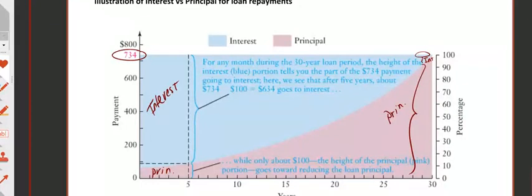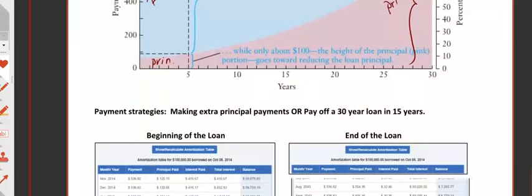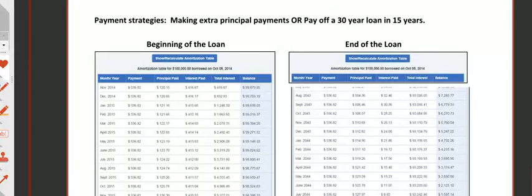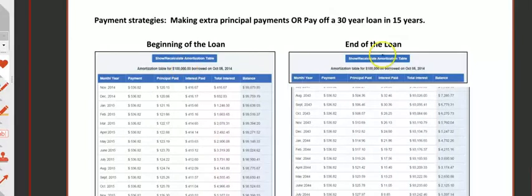and there is a way that you can kind of beat that with some strategies. So let me talk about some payment strategies. One thing you can do is make extra principal payments over the lifetime of your loan. Or another thing you can do is pay off a 30-year loan in 15 years by making extra payments a year. So I've got an amortization table that's for $100,000,